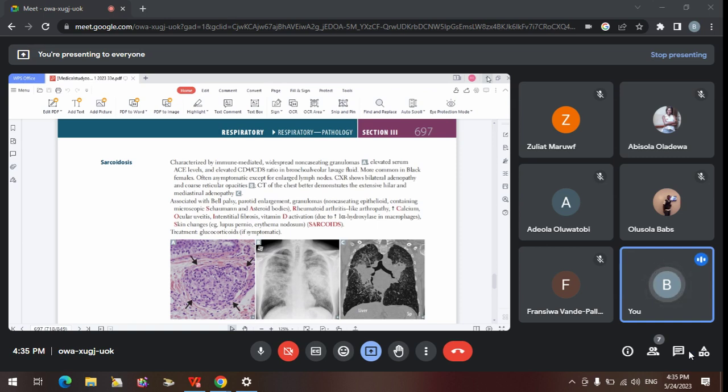So that's why, if you see them presenting a rash involving the face, don't jump to SLE. That will distinguish you from another candidate that is not aware of sarcoidosis causing lupus pernio. So it can cause a rash that affects the face, the cheek, the forehead, just like SLE. That is lupus pernio. What other rash can they present with?